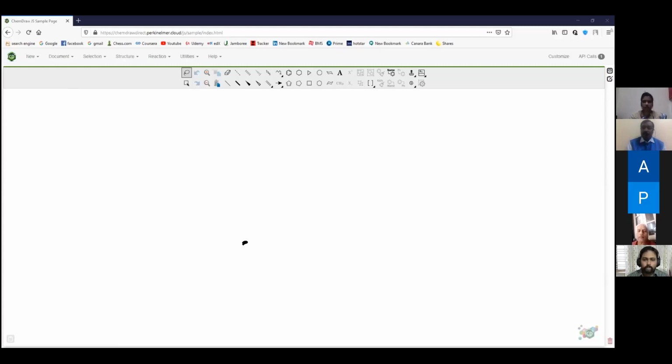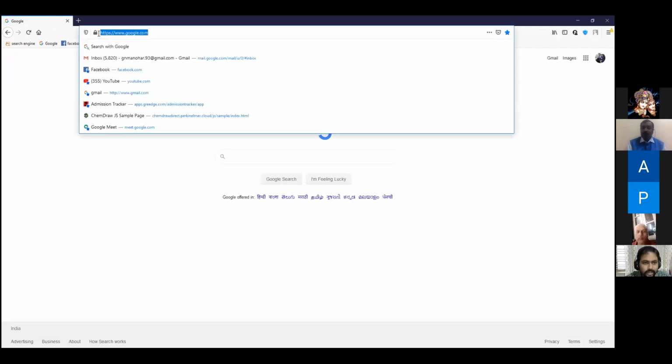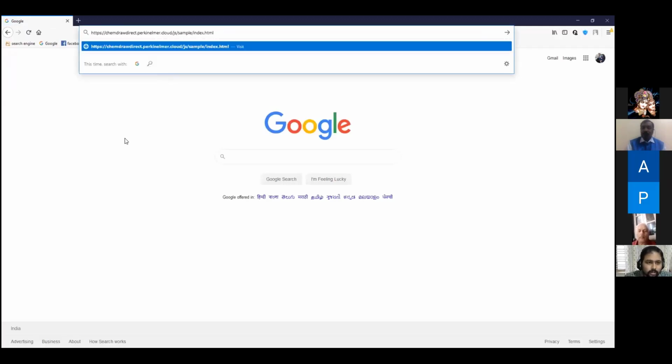Before going to ChemDraw, ChemDraw has got two versions. One is the online version, the other one is the offline version. I'll show you how to go for the online version right now. Go to Google and take down this link. You can paste this link: chemdrawdirect.perkinelmer.cloud, js, samples, index.html.